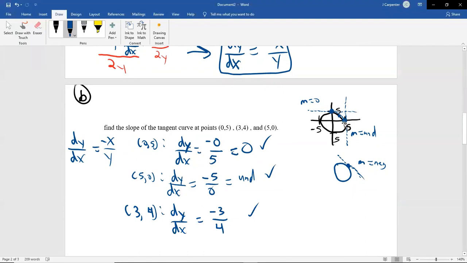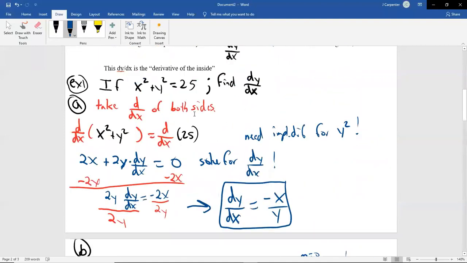So even though we cannot write a circle as y equals, we can still find the slope along the curve using implicit differentiation. Even though we can't solve for y in general, for the functions you're given 100% of the time, we're still able to solve for dy/dx. And that's just because these terms tend to pop out one or two at a time. They don't end up being squared or cubed or to the 4th power, any funky business. So it's, in general, easy to solve these, at least for polynomials.